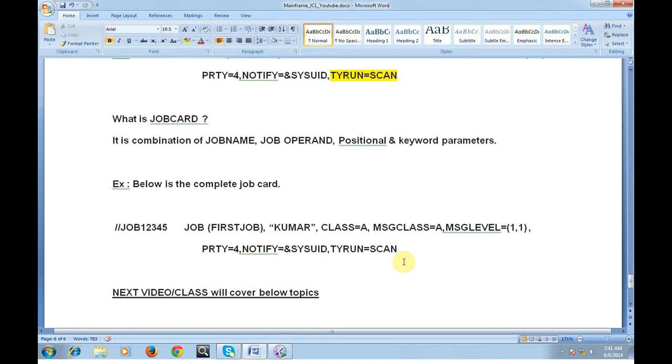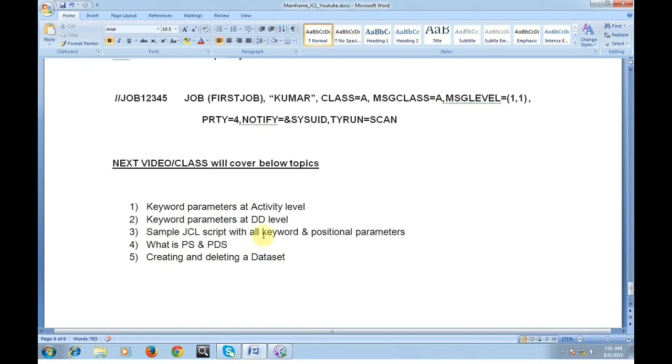I will be coming up with more details about JCL. Below is my next class, which will cover the following topics. In this, we will discuss the keyword parameters at the activity level, keyword parameters at the DD level, and a sample JCL script with all keyword and positional parameters.